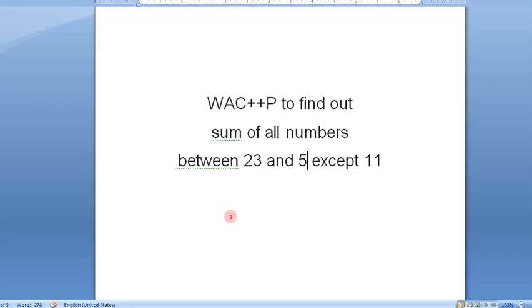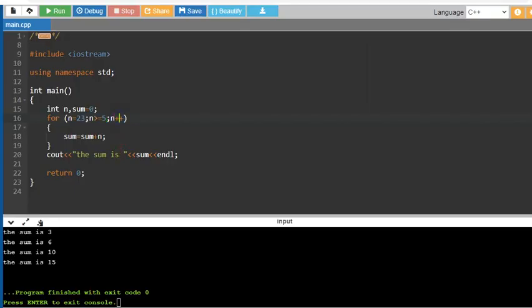We gave the initialization from 23, and the condition till 5. Then we have to do n minus minus as the loop continues from 23 till 5.